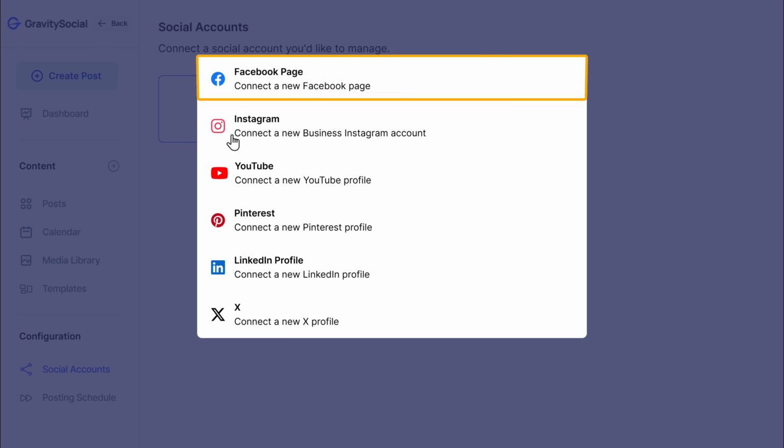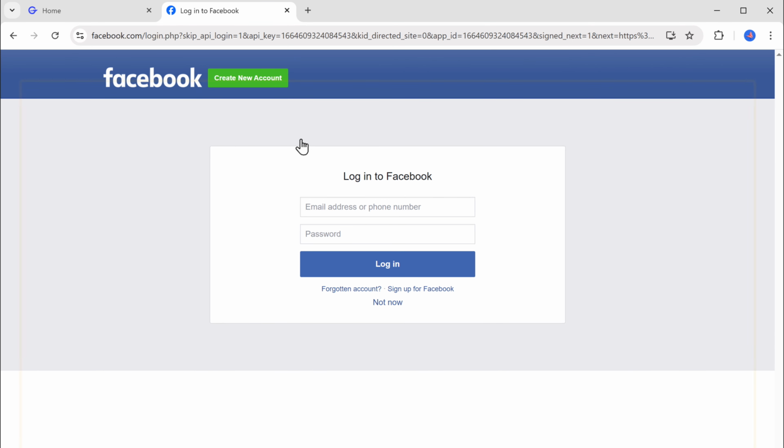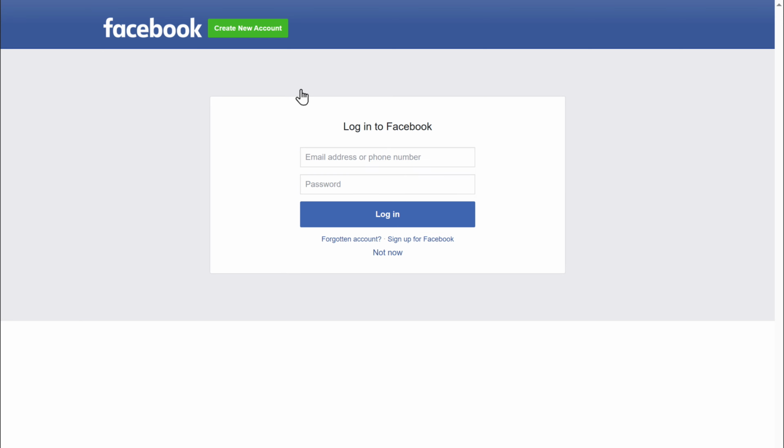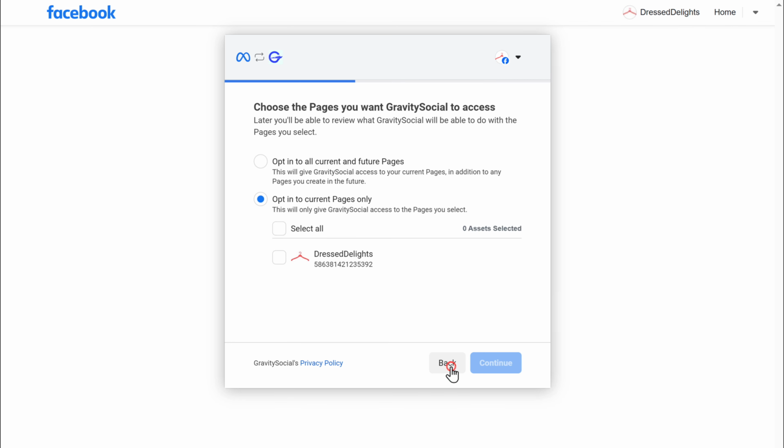So let's start with connecting our Facebook page. Click on Facebook page. You will be redirected to Facebook. Here, log into your Facebook account. Then select the page you want to connect with Gravity Social and click on Continue.